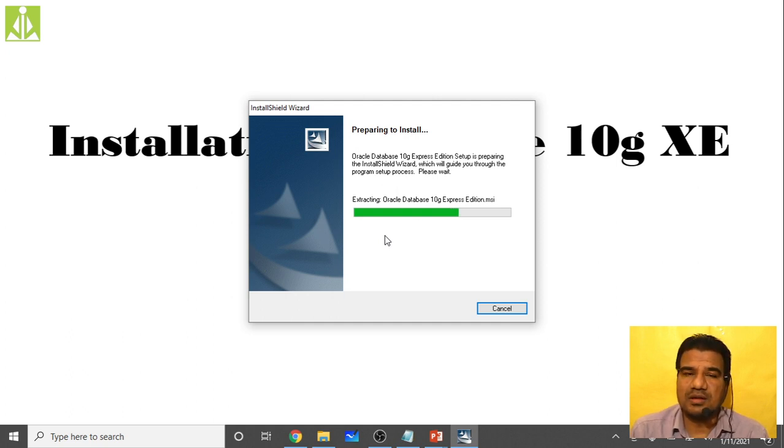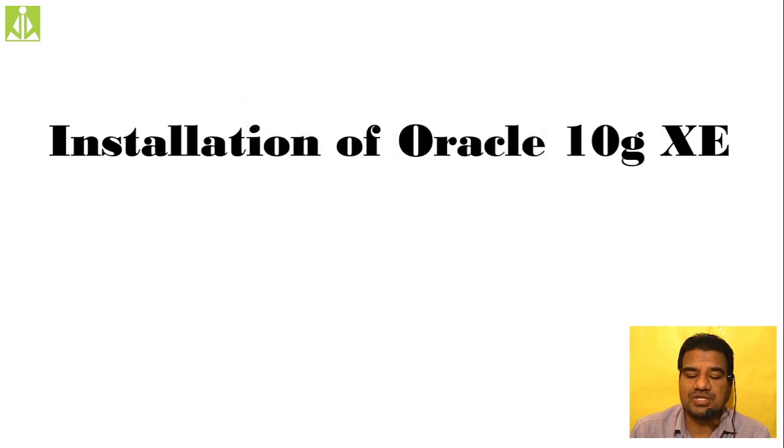Even though we are doing a 200 MB installation, if your system is low performing, you can see the performance degradation over there. Okay, your performance will degrade. So it is still extracting. Let us just wait for some more time. Now I hope it will ask you to do the further steps. Yeah, it is now preparing for the installation.